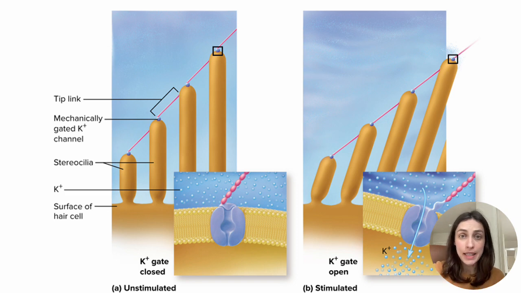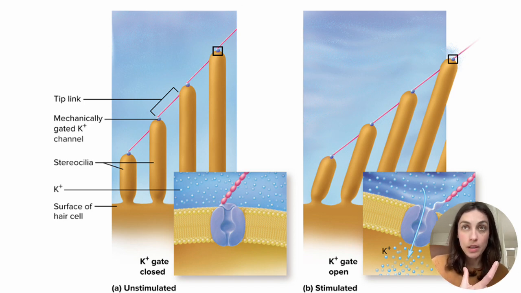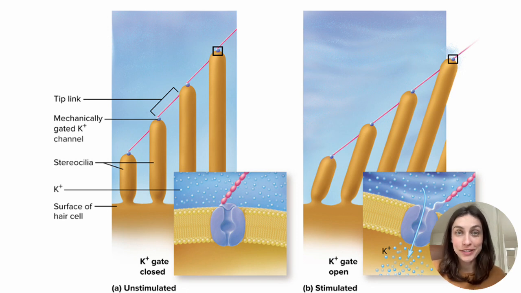That depolarization ends up causing other ion movement, and eventually vesicles that have the transmitter packaged in them get secreted due to the change in ion concentration and voltage. And when they exocytose, those transmitters bind to the actual neurons, opening those ion channels, which causes depolarization of the neuron. And if it's big enough, if the graded potentials add up to be big enough, it will send an action potential. Yay.